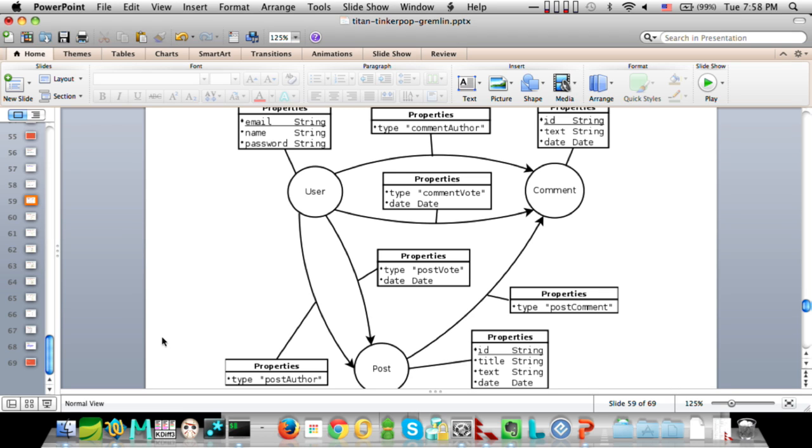So this is the overall network I came up with. We have these main elements in the system, these nodes: users, posts, and comments. Pretty typical blog or discussion board, and they have properties that are pretty simple, nothing too complex. Then we have edges that have particular properties on them as well. I probably could have thought up another one to really drive home the point of an edge that has more interesting properties besides type and date, but for this example, that's how it ended up being.